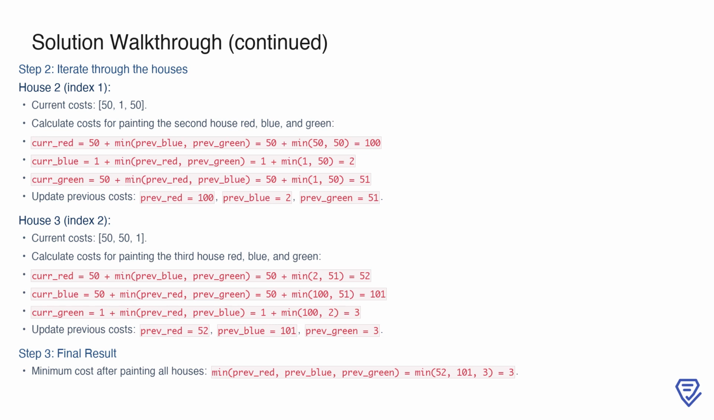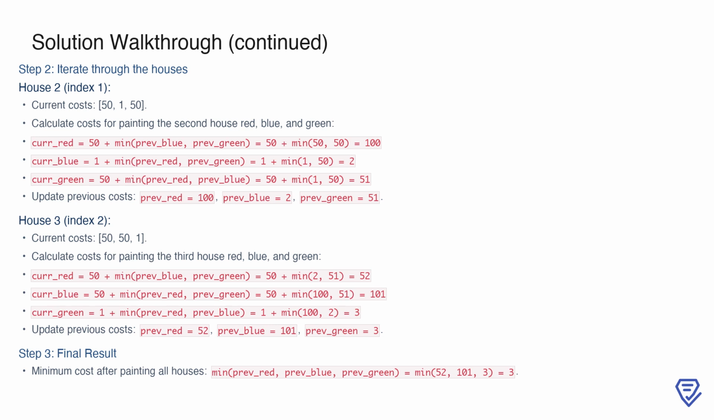We update the previous costs to Prev_red equals 100, Prev_blue equals 2, and Prev_green equals 51. Now, for the third house with costs of 50, 50, and 1, the cost for red is calculated by adding 50 to the smaller of the previous blue and green costs, which are 2 and 51, resulting in cur_red of